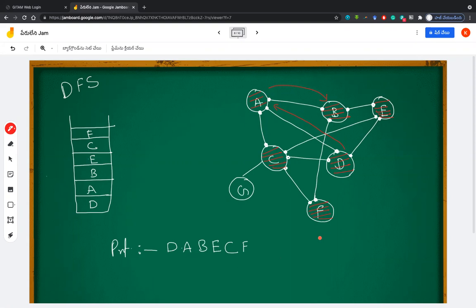I hope you are understanding, right? So let's draw the path. From D to A we got, A to B we got, from B to E we got, and from E to C we got, and from C to F we are there. But we are left over with G, then how can we go to G?